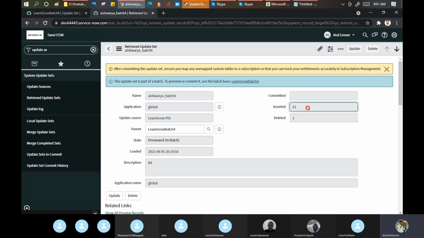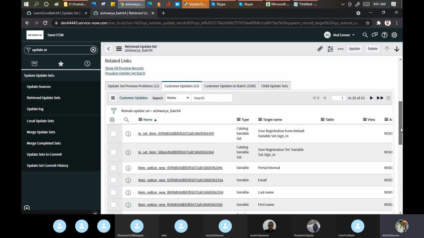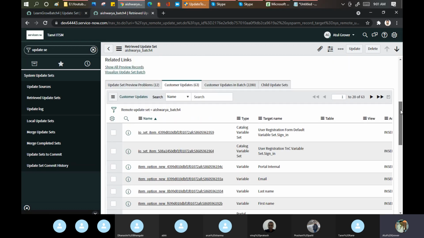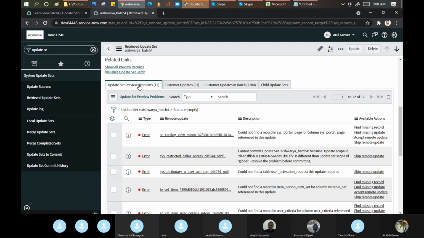It says total 61 records inserted and 1 record deleted. Maybe she made some changes in her update set. Now the point is, what to do with these errors, right? Everyone, what to do with this particular thing now?